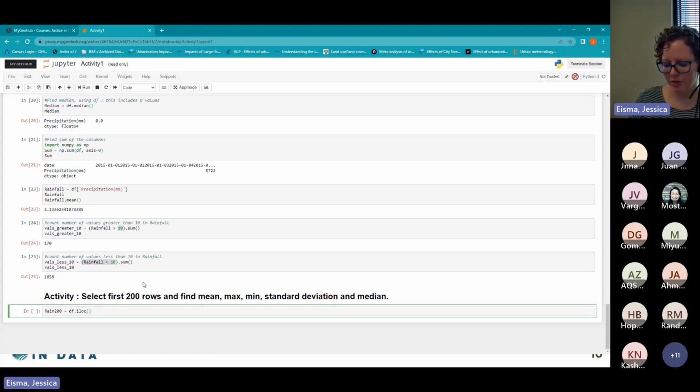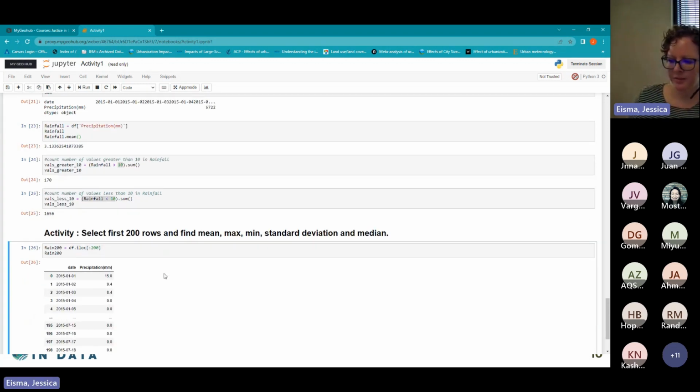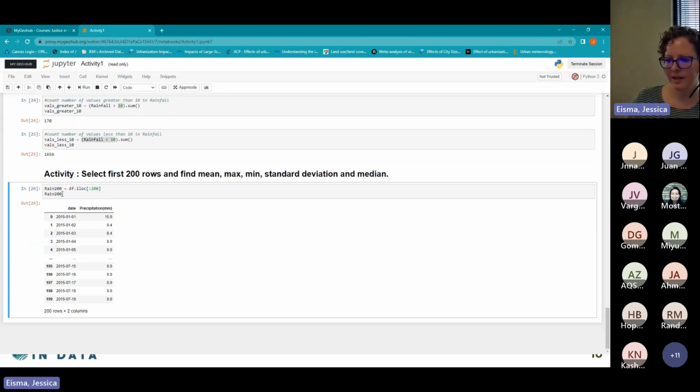And I want the first 200, so I'm gonna start at 0. So I can just put the colon in to say start at the beginning and select the first 200 rows. And then I can look at my data set. So now I have a data frame called rain 200, and it shows the first